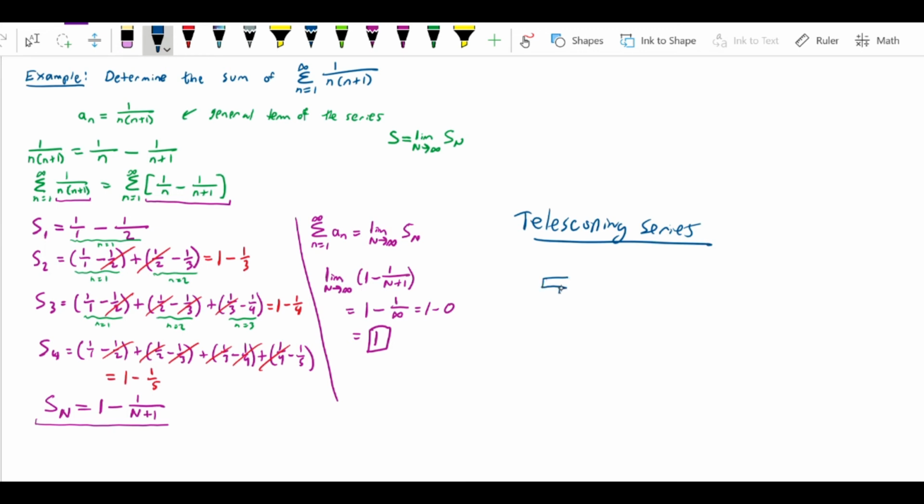I think this is supposed to call to mind one of those folding telescopes where the pieces sort of nest within each other, where they collapse into each other. I think that's what it's supposed to call to mind. I don't know if I'm drawing that type of telescope correctly, but that's what telescoping refers to. Anyway,